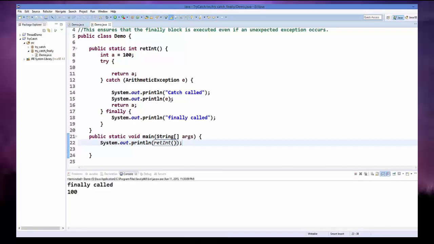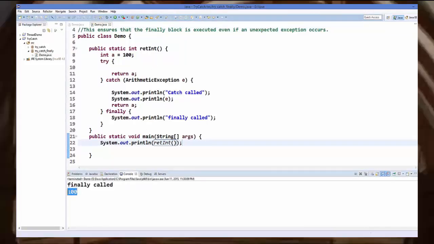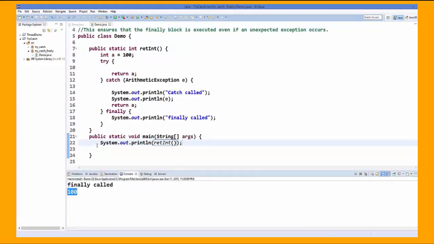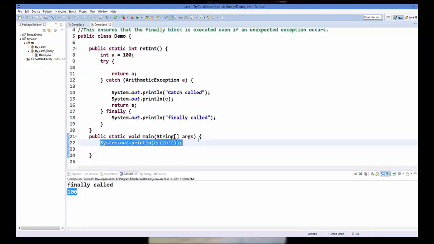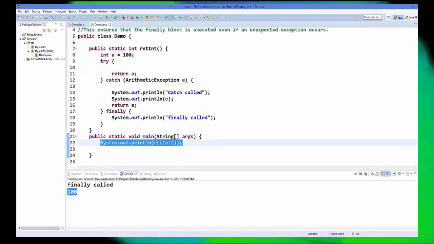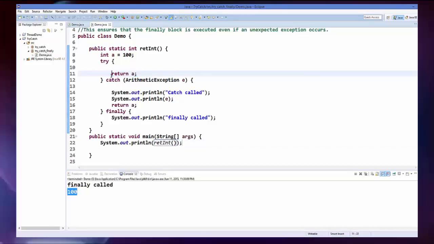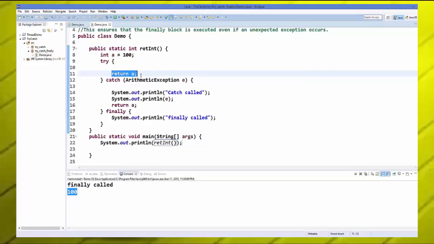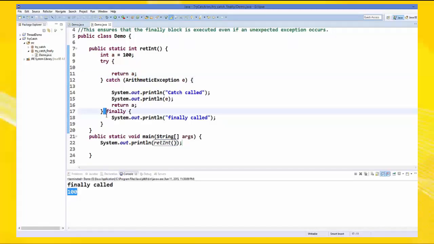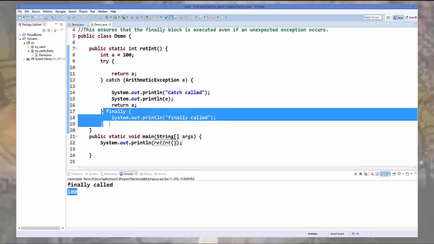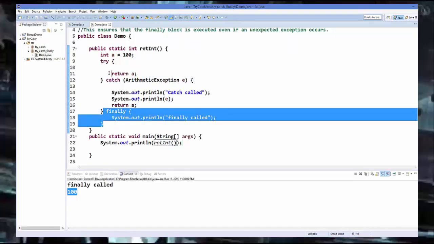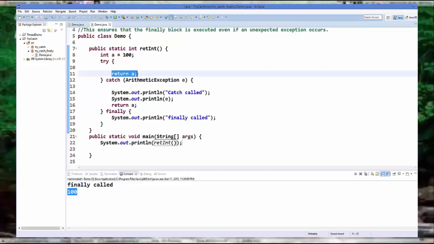So I'm running the program and it returns 100, and 100 is printed here, and then finally block is called after the try block returns. So even if your function returns, this finally block will be called. Okay, so it doesn't matter if you return from try block.